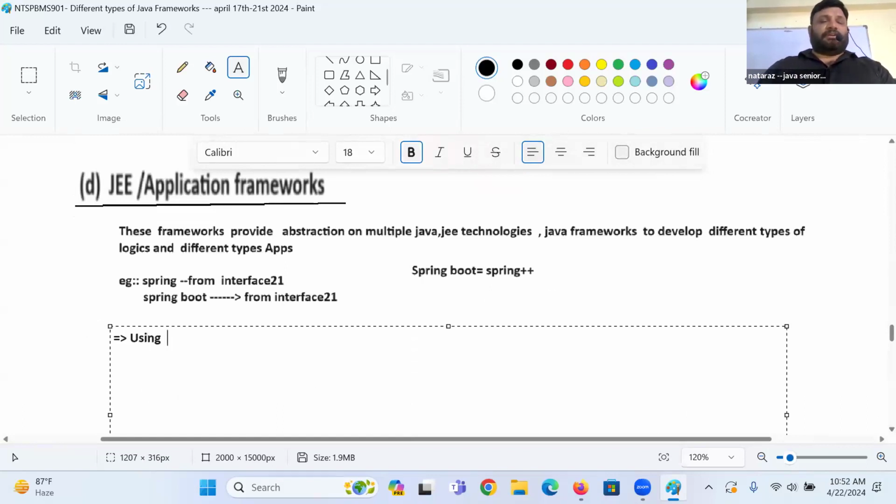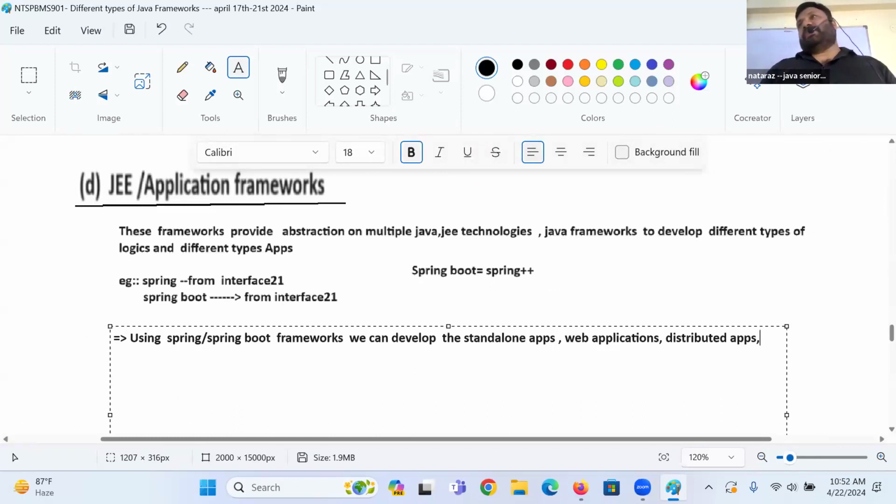Using Spring or Spring Boot frameworks, we can develop standalone applications, web applications, distributed applications, and enterprise applications.